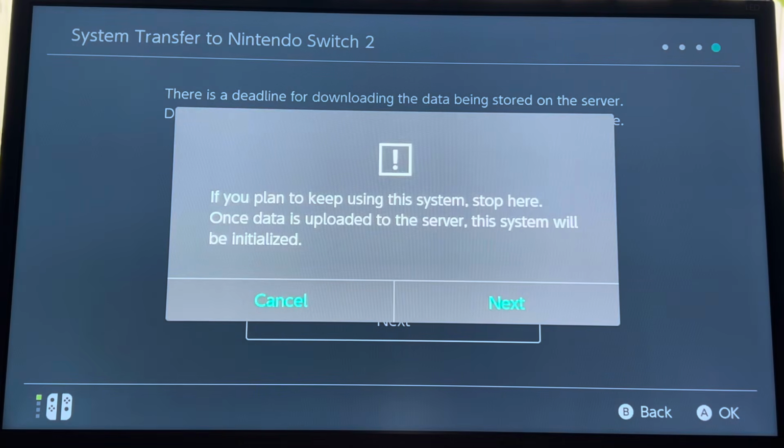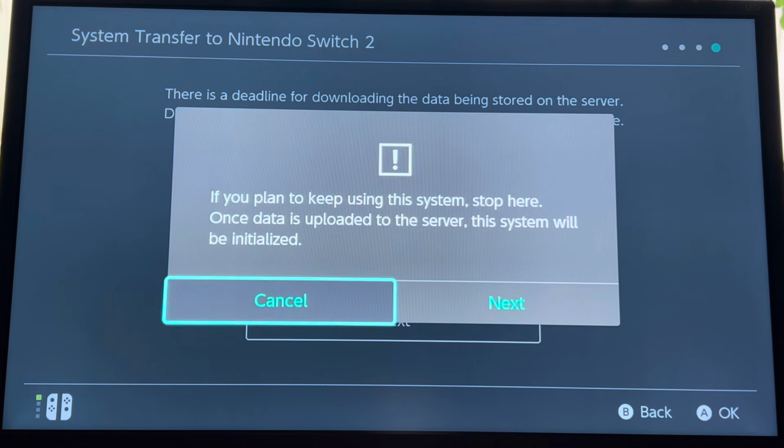But anyways, if I click on Next, it will say, if you plan to keep using this system, stop here. Once data is uploaded to the server, this system will be initialized. Well, I don't have to worry about that because all of my save data is going to be on my Switch 2. But if I still had a few physical games for my Switch 1, then I can still play them on my Switch 1. And what it means by initializing it is basically just resetting it, deleting everything. But if I click on Next,